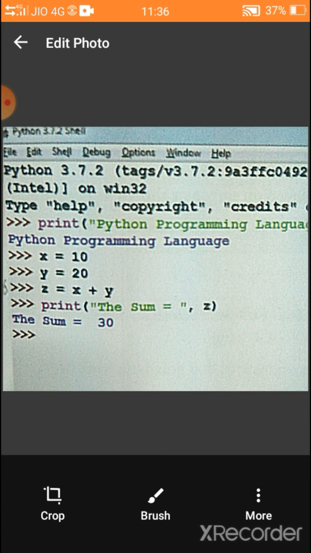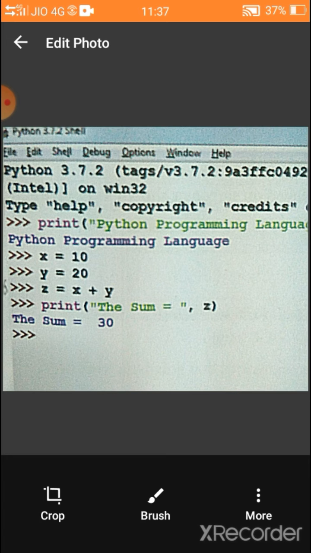So look at the next command prompt symbol. X equal to 10, Y equal to 20, Z equal to X plus Y. These are the statements. X, Y, Z are the three variables. 10 and 20 are the values assigned to X and Y respectively. Now the expression Z adds X and Y. The next statement, print, is used to display the value of Z. We have to give it in the bracket.